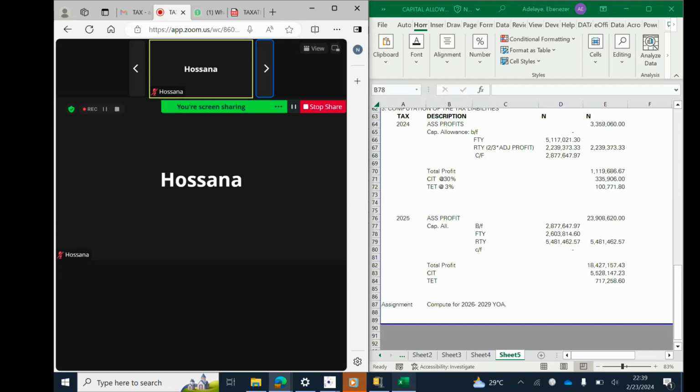What I was trying to explain is that based on the clarification that we have made today, let me even do a voice note now. So Muibat, what I noticed is that you went out of the class. But what I was trying to explain is that in practice, when we want to prorate for something like this, we do per number of days so that we are as accurate as possible instead of doing per number of months. But in this case, for the sake of the exam, we were able to clarify earlier today in this class that